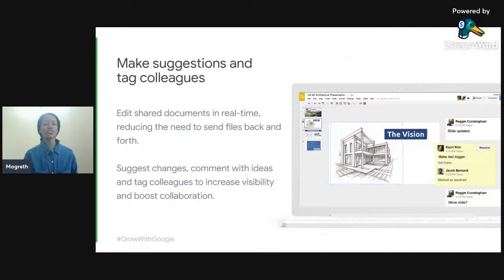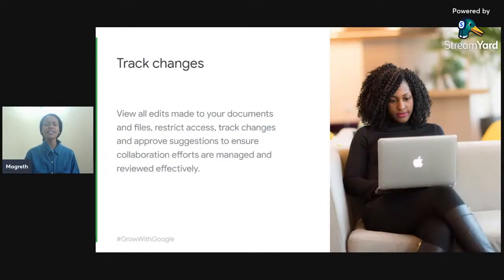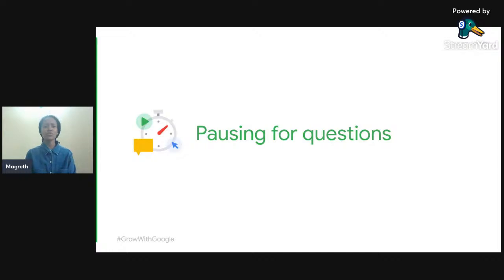So we told you another thing you can use to make suggestions and tag colleagues. You can do these things on the platform as well. So it's a tool number, it's really good. It's a really good tool for you to use, because from there your organization will be working smarter, not harder. And then from there, it is an easy way for you to communicate